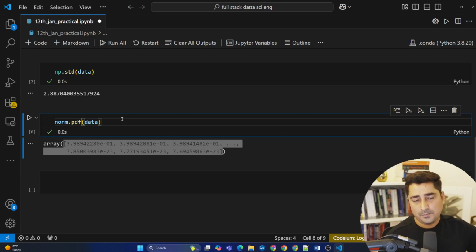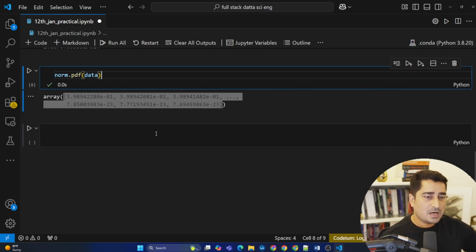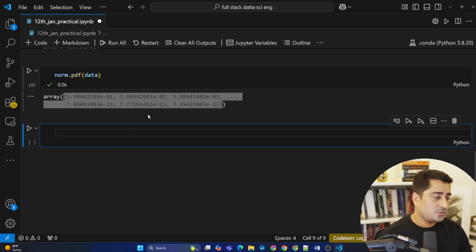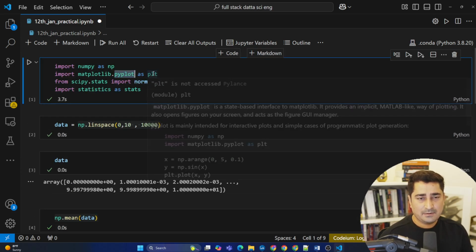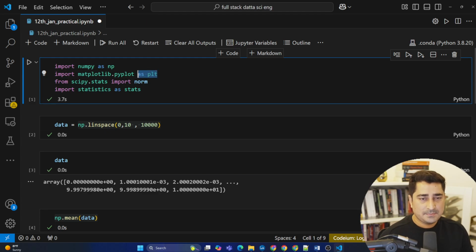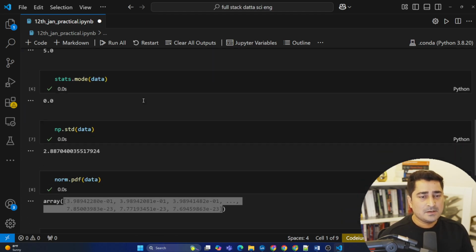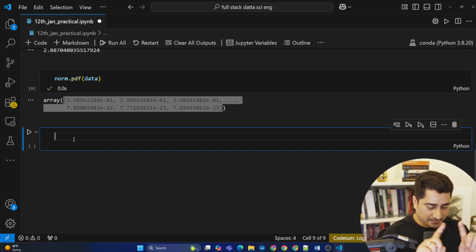Now I have to plot all the dots. So we have 10,000 dots, and for each we have an x coordinate and a y coordinate. We have to plot this entire thing. So how will I be able to plot? Again, it's very easy. To plot it, I will be using matplotlib pyplot, from matplotlib as plt. plt is nothing but an alias. First of all, I'll create a figure, a canvas basically, where my graph will be visible.